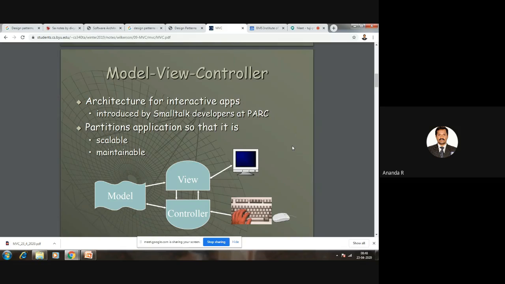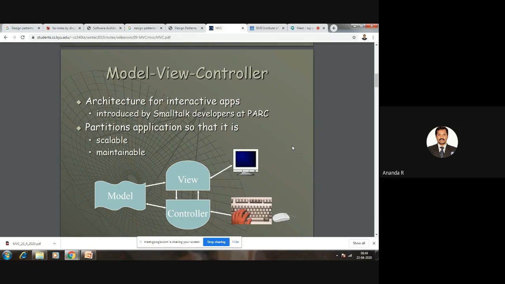Whenever the end user uses an input device like keyboard, mouse and all, the input given by the end user will go straight away to the controller part. From the controller part there will be a communication to the model, and there will be a communication to the viewing part.